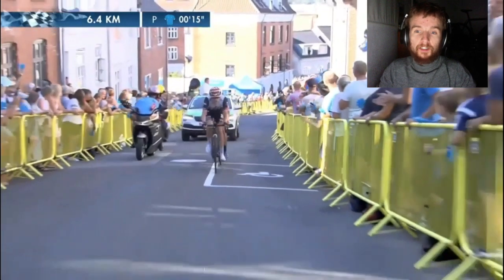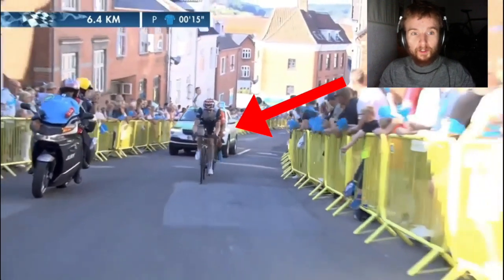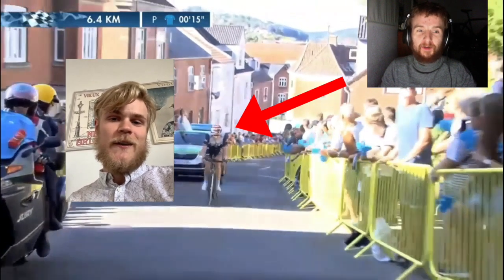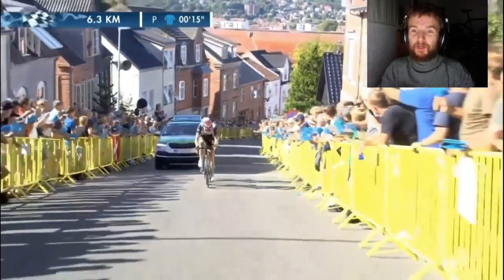But we get on to Kielsvej, the first rep, and we can see the 2 riders out in front. One of them is Julius Johansen, who has actually appeared on the channel before in the lockdown interviews, and we'll hear about his experience a bit later in the video. But he was only 18 years old at the time, so this was a very big moment for the Dane,